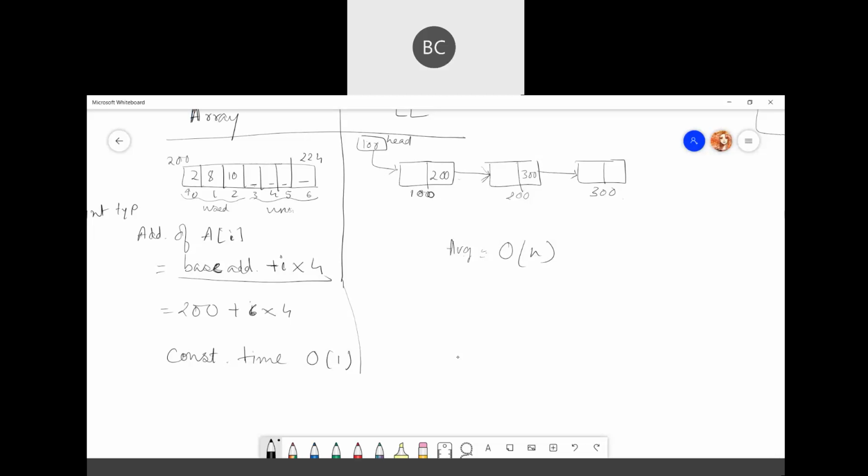The size is fixed, so we need to fix the size of the array beforehand. But in case of a linked list, we don't need to fix the size, and there is no unused memory.